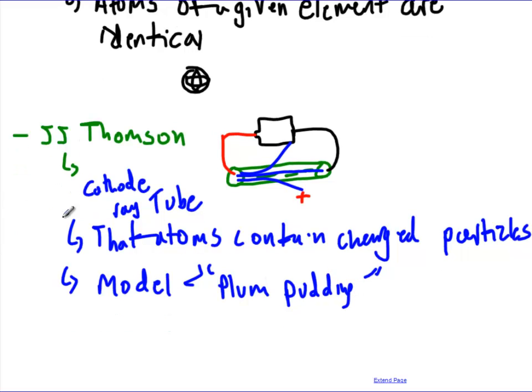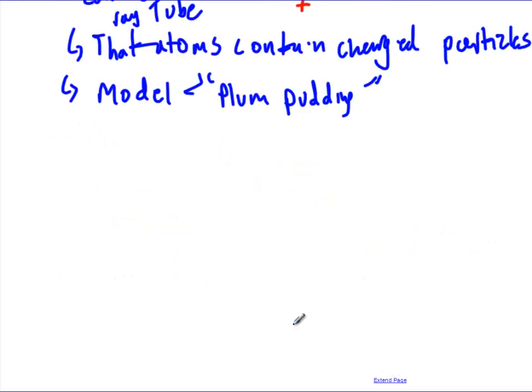I call this the chocolate chip cookie model of the atom, because no longer is a solid little sphere going to work. So what Thomson said was, there is still a big chunk of atom, and it has a positive charge, but stuck to that big chunk are little pieces of negative charge. And we can get these things to separate, and so atoms are no longer the smallest thing.